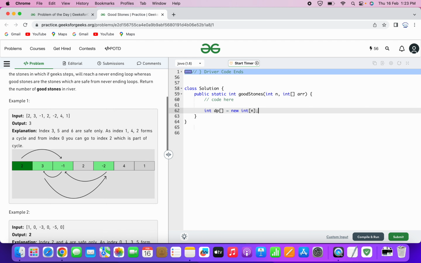So initially, first we are initializing this one, we are creating this array, and what we will do, we will fill this complete array with -1, initializing this with -1. That means Arrays.fill dp with -1. We are doing this to say that none of the nodes are visited initially. Okay, so the next step would be,